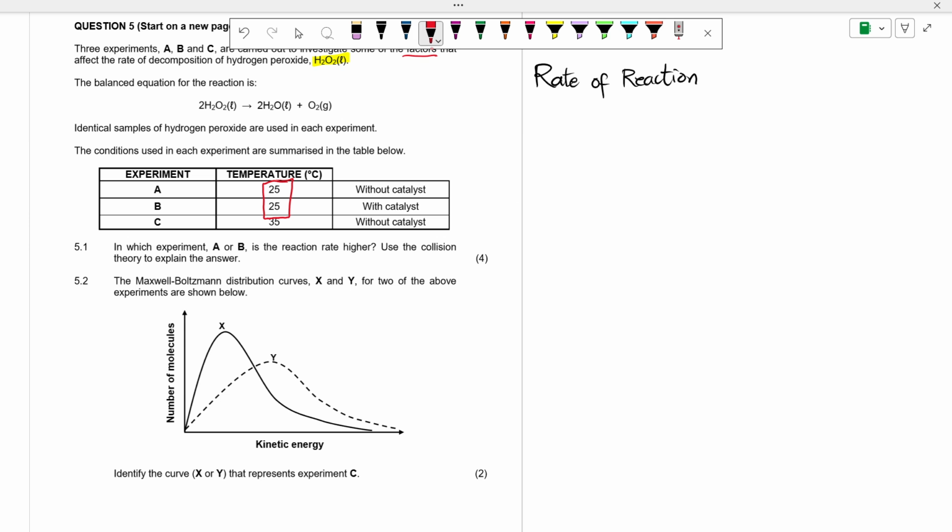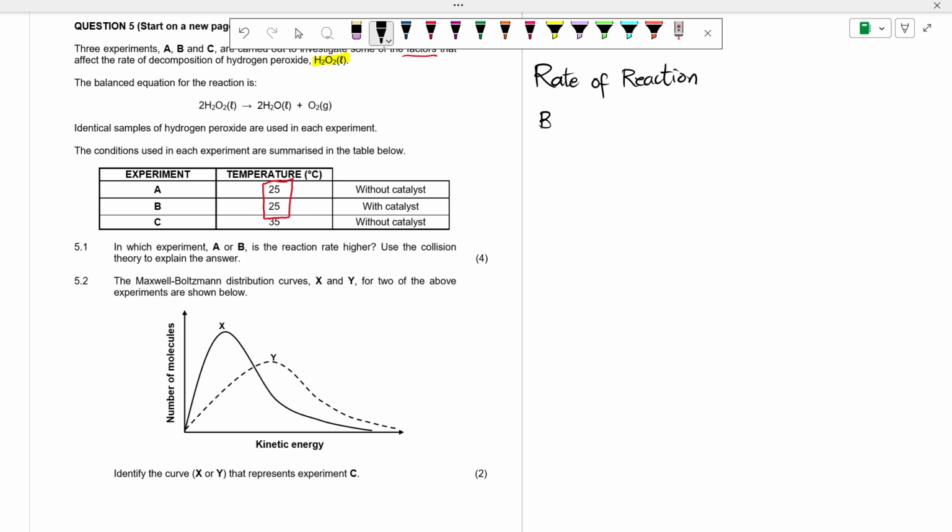A catalyst. If I keep the temperature constant, then in one experiment I add a catalyst, in another I don't. It means I'm investigating what changes will result due to adding a catalyst. So the factor that we're investigating is a catalyst, and the correct answer for this is B,